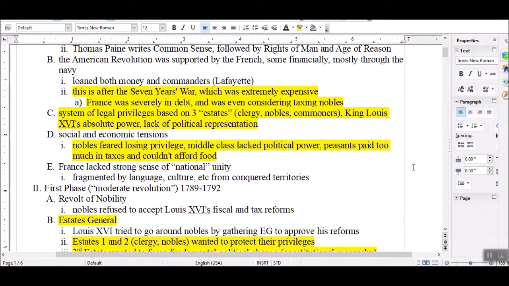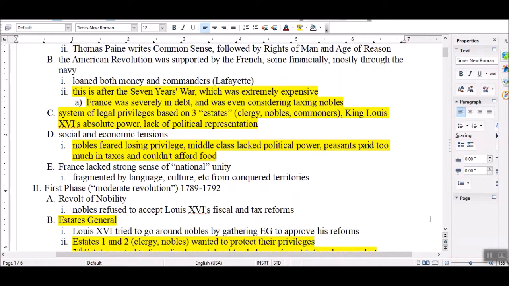As I said, the American Revolution was a major part of the rising tensions, specifically because it was expensive, and because it was so expensive, the French had to find money somehow, and so they ended up raising taxes. This is after they had already raised taxes after the 7 Years' War. These taxes also hit only one group.